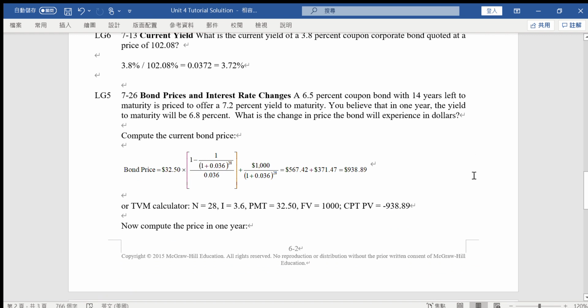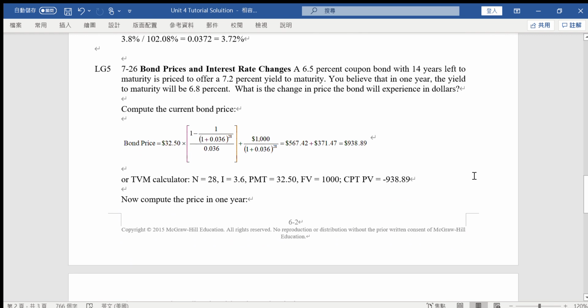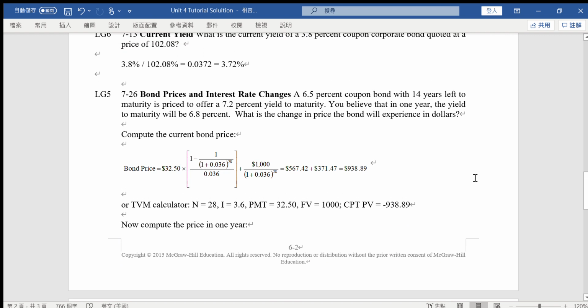Okay, and then the other one will be the bond price and the interest rate change. There is a calculation of what the bond price change will be if there is an interest rate change on the market. That means the market interest rate change. Okay, originally you will find that the coupon bond has